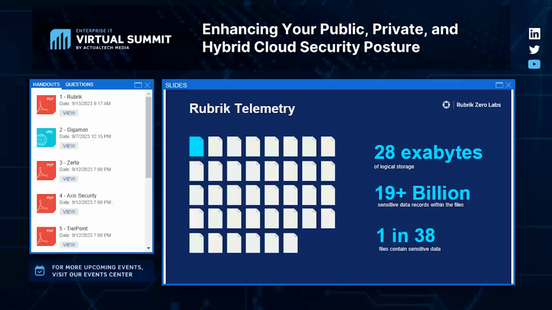So like we talked about, Rubrik has over 5,000 customers. We manage a tremendous amount of data for our customers in our current backup landscape. And so our Rubrik Zero Labs group actually looked into this data to inform our decision of what area we wanted to better service our customers. In doing that, we looked at 28 exabytes of data. It's a lot. And we found that in that landscape, about 1 in 38 files at a large enterprise or a medium-sized enterprise contain sensitive data. So the landscape is pretty significant at scale for an organization to manage their sensitive data landscape.